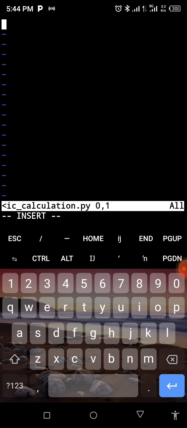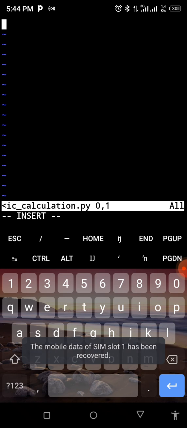For us to be able to view our file in that format, we need to import a module to convert our file to bytecode, which is very important. So I'm going to start with